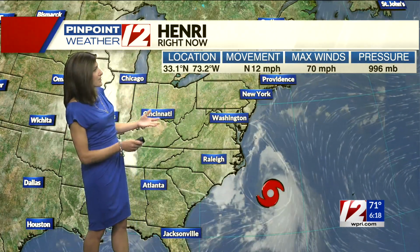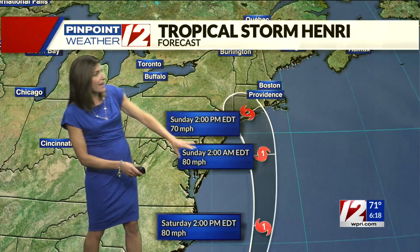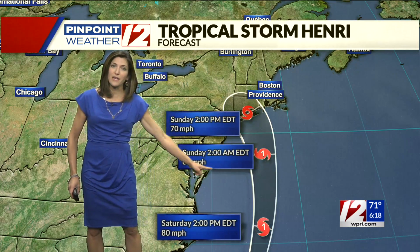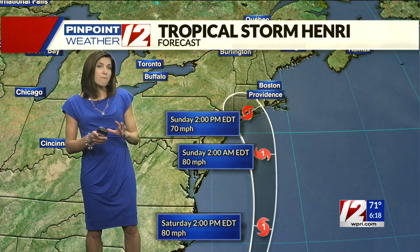All eyes on HENRI as that storm is expected to strengthen to a hurricane. Just below hurricane strength right now with 70-mile-an-hour sustained winds, moving north at 12 miles per hour. We're going to be watching the track very closely today. We expect it to head mostly north or even northwestward by later in the evening and nighttime hours. And notice the forecast still has this strengthening with 80-mile-per-hour sustained winds later tonight, making landfall late morning or midday